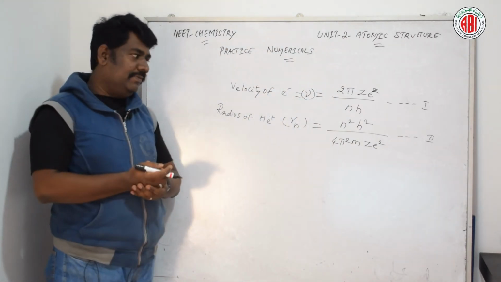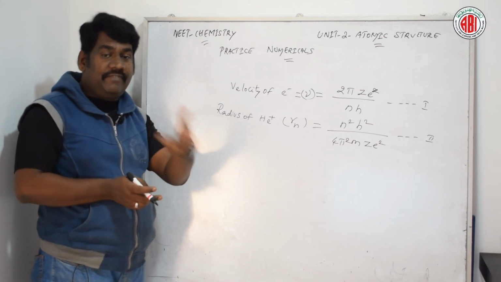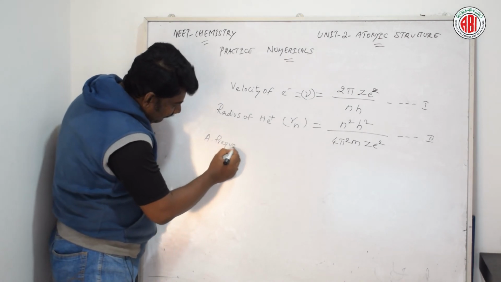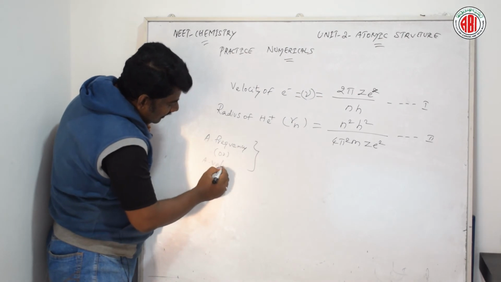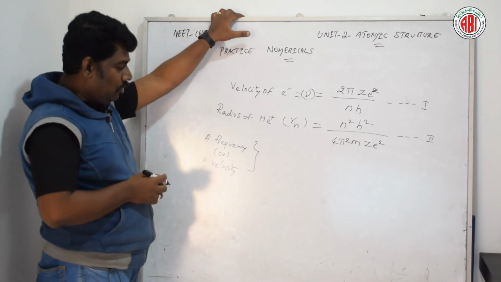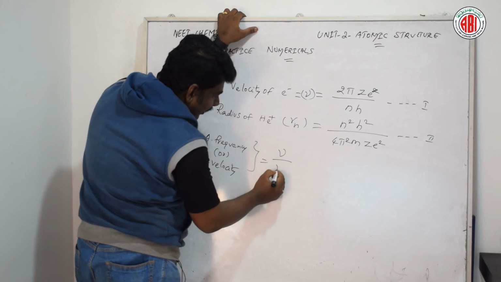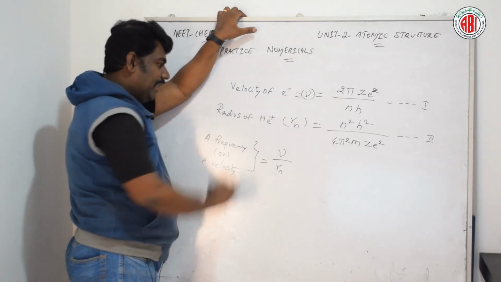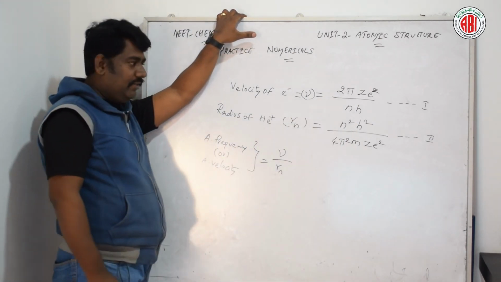Now let us find the angular frequency, or angular velocity. For this we are using the formula velocity by Rn, that is, the velocity of the electron divided by the radius of the helium plus ion. Applying these two formulas,